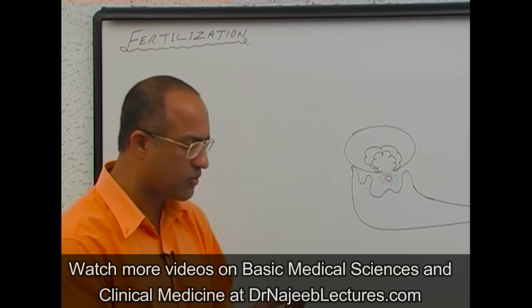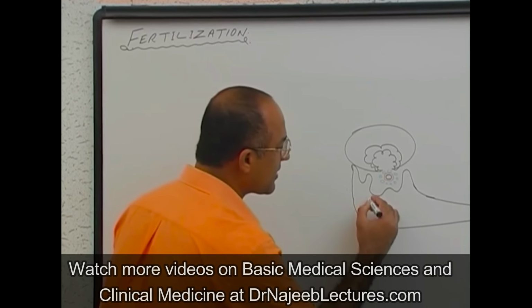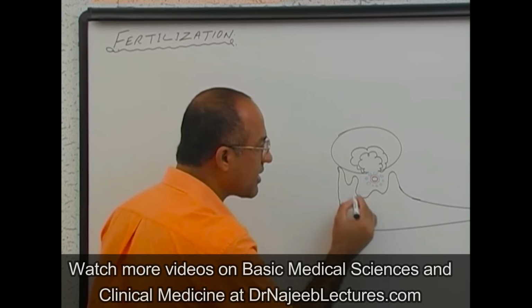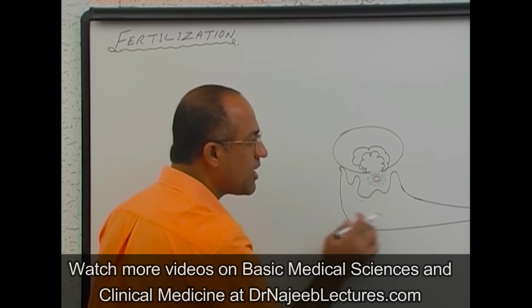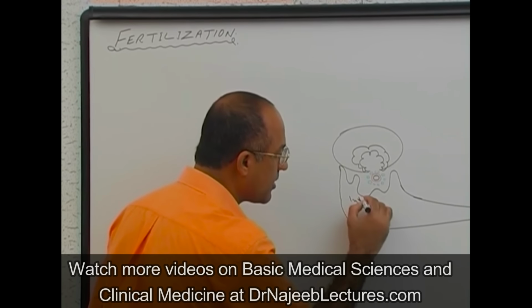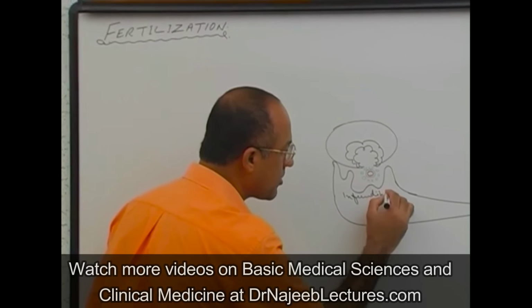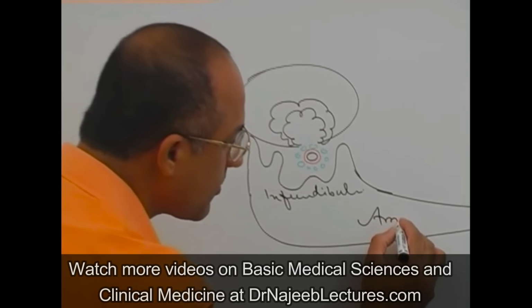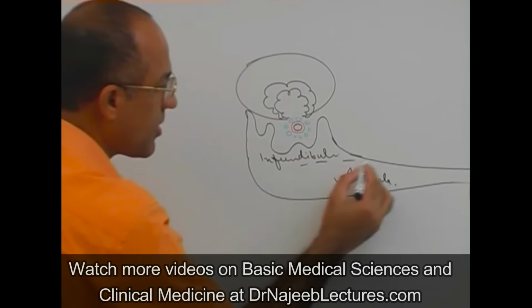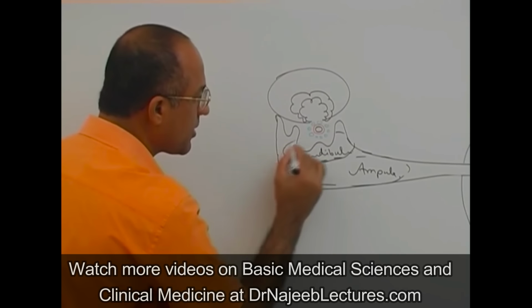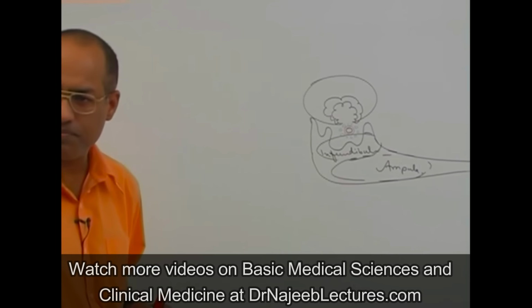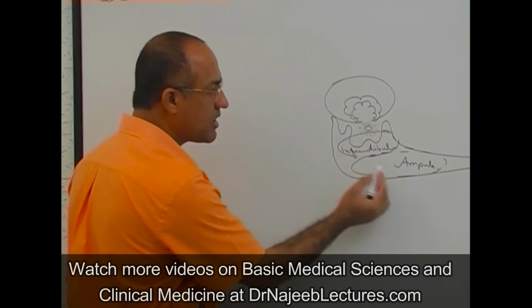What are the different parts of the fallopian tube? What is this part called? No, these processes are called fimbria, but this part of it is not called ampulla. The first part is the infundibulum. Then here is the ampulla. Ampulla is the widest and the longest part. But the earliest part, this one, is the infundibulum. Infundibulum is catching the ovum. Is that right? And then the ovum moves in the ampulla.